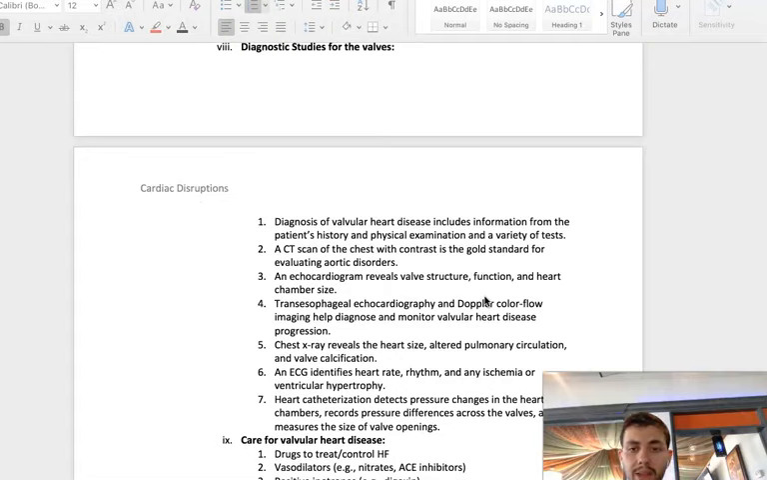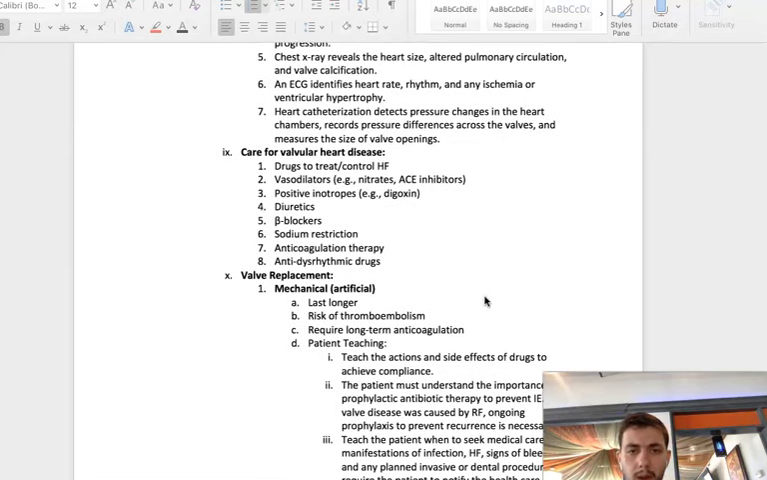And then how they study the valves. Basically, they diagnose valvular heart diseases from the patient's history, physical examination, and various tests I mentioned before. An echo reveals the valve structure, function, and heart chamber sizes. They do a chest X-ray, EKGs, and a heart catheterization. How do you care for it? Drugs to treat or control heart failure: vasodilators, positive inotropes, diuretics, beta blockers, sodium restriction,